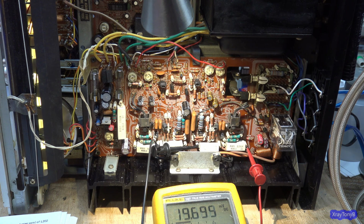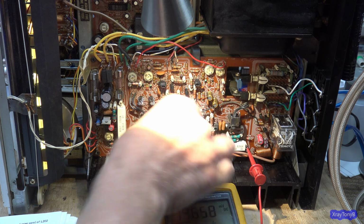So if this is good, then I'm going to play some music again and just take a quick listen to it. None of the controls, none of the preamp, tone control, nothing has been serviced yet other than the amplifier and power supply. The other thing that I want to look at,